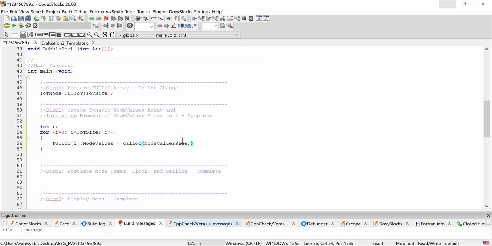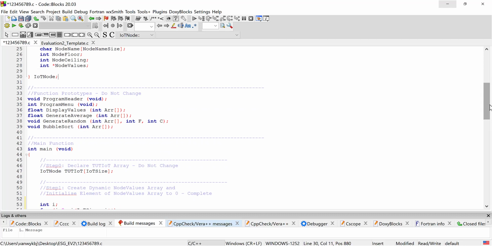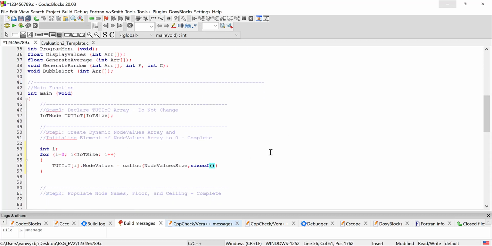that's going to be the size of this dynamic array, and then lastly we're going to use sizeof, and that array is basically going to be an integer array, so it's going to be sizeof int, semicolon. So now we've generated a dynamic array for each index of this TUT array. But then the PDF stated that we need to initialize each of the indexes of this newly